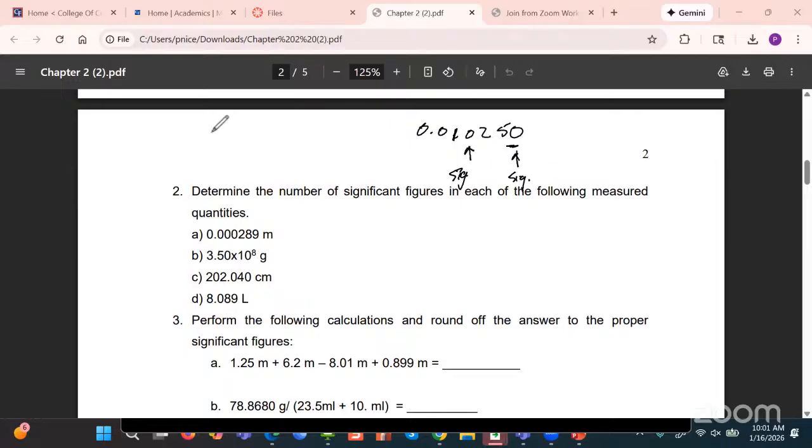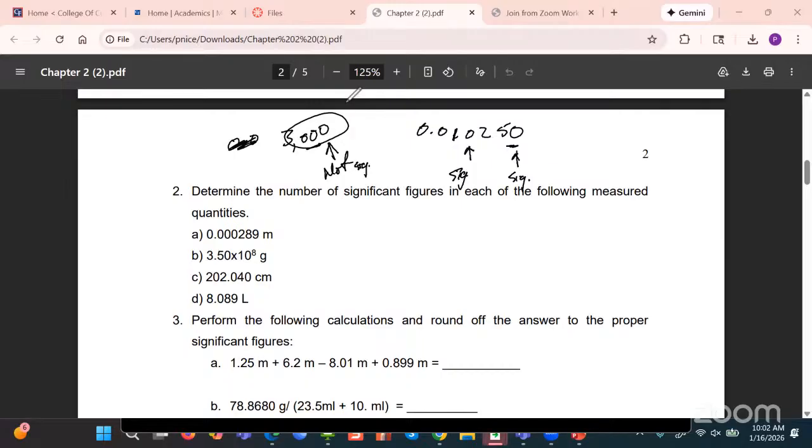Oh, another rule here: if you're given a number where there's no decimal point, but you have zeros at the end, like 3,000, right? No decimal point indicated, which means that these zeros are not significant, all right? And I think that covers all the rules concerning how you determine the significance of zeros or any digit in